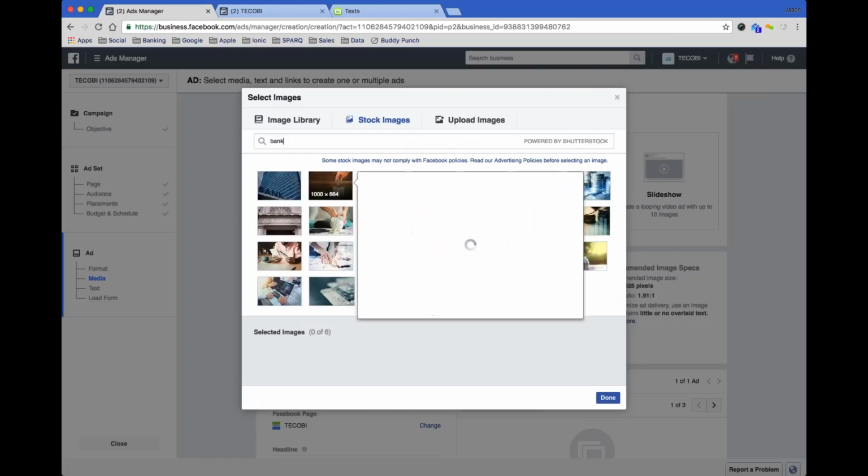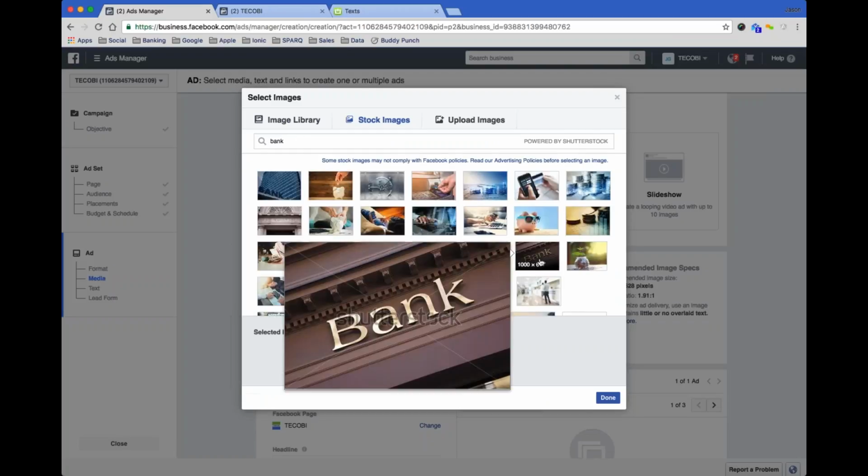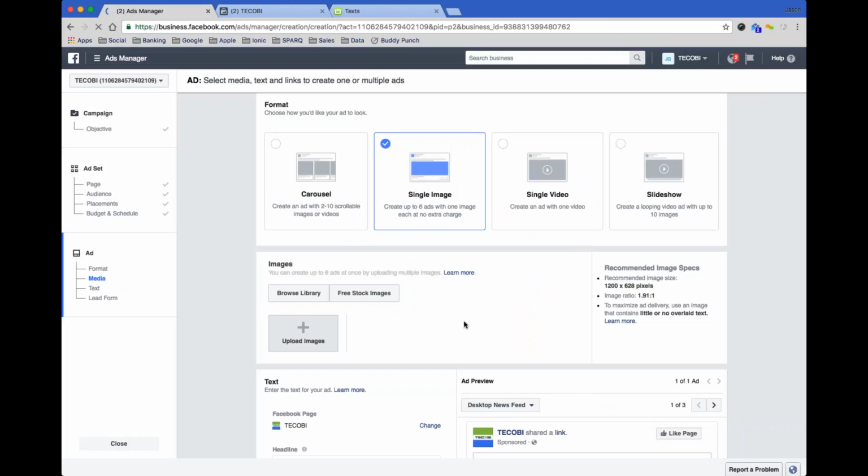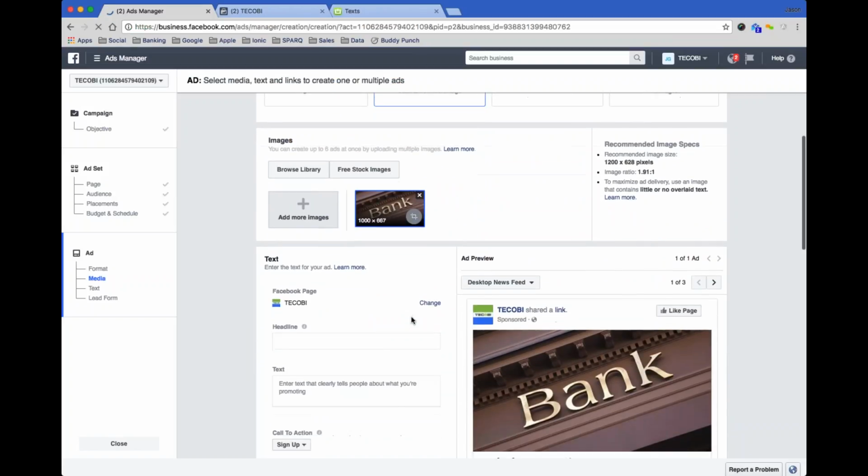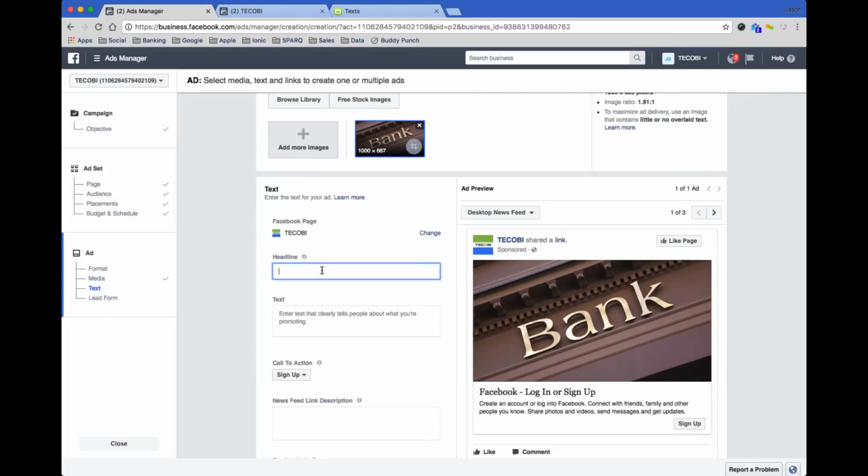So let's say, for example, you're doing a credit ad. I'll use something like a bank picture, just something that's going to be related to that particular type of ad that you're running. You don't need to get too crazy with your images. The less text that you have on the image, the more that it's going to be seen. So try and keep your text to a minimum. I don't personally think you should be putting your offers or your prices or logos or anything on the image. It's either going to be a car or something that's just relative to what type of ad you're running.